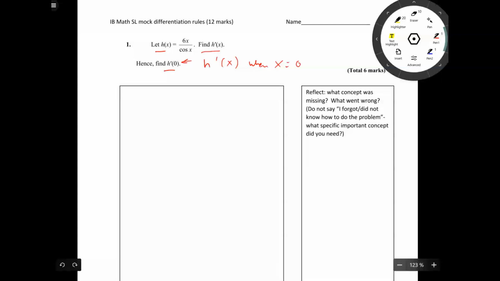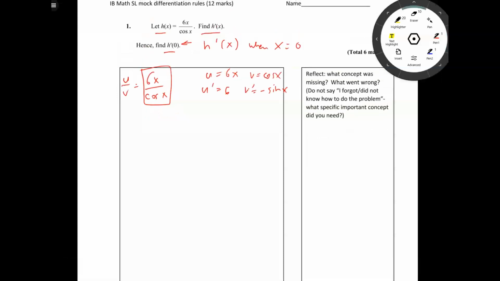So let's take a look at this function. We got a fraction, and the top of the fraction is 6x, and the bottom of the fraction is cosine of x. So we have a ratio between two functions that we do know how to take the derivative of, right? Because if we wanted to take the derivative just of 6x, we could use power rule. If we just wanted to take the derivative of cosine x, the derivative of the trig function cosine would be negative sine x, right? So it doesn't look so bad, but